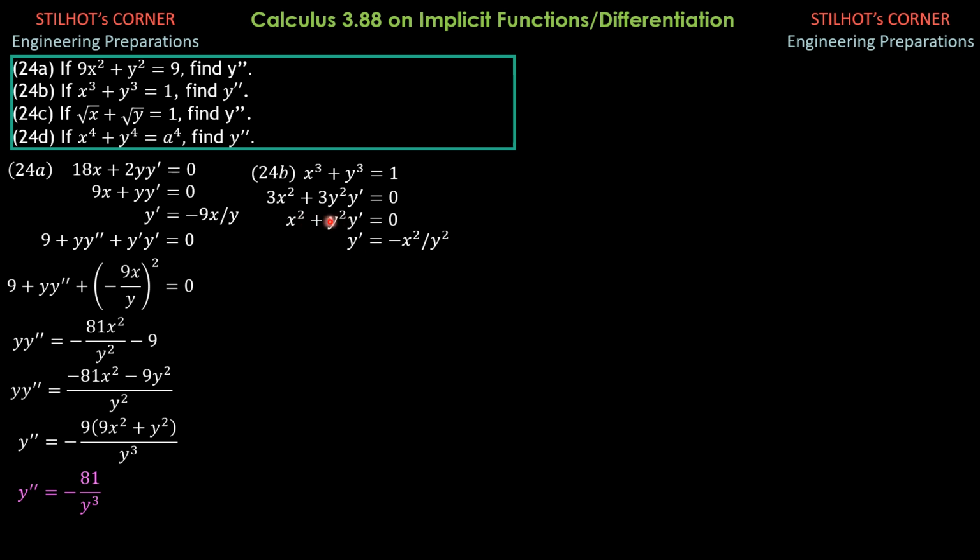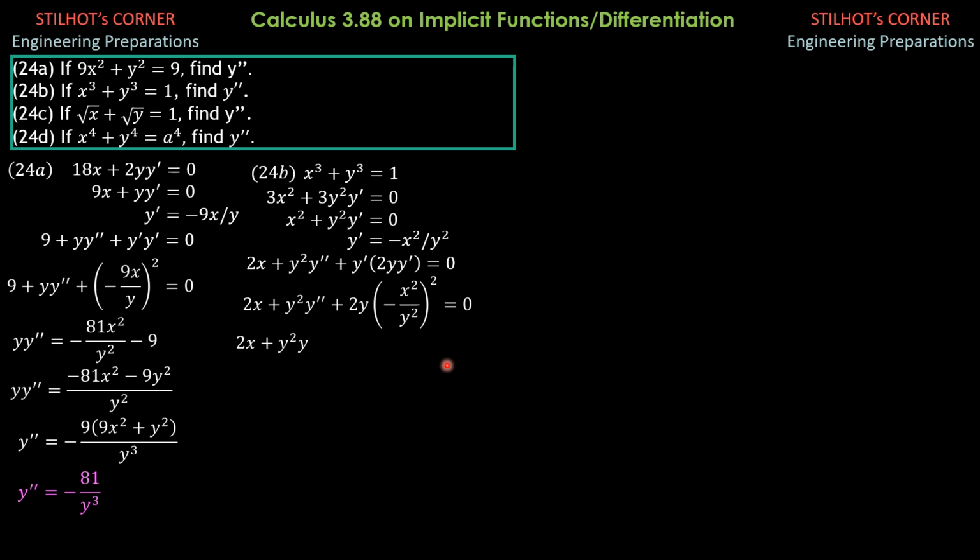We differentiate this, so we have 2x plus y squared times y double prime plus y prime times the quantity 2y y prime equals 0. We have the derivative of a product for this case. So 2x plus y squared y double prime plus 2y times the value of y prime squared, which is the quantity negative x squared over y squared, squared, equals 0. Take note, we have 2y here, then y prime squared, where y prime is equal to negative x squared over y squared, then quantity squared, because we have y prime squared.